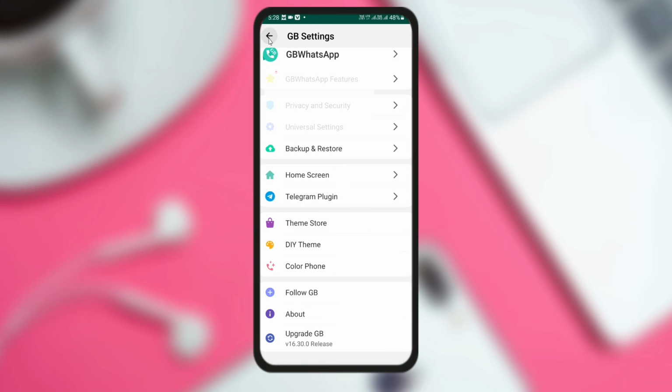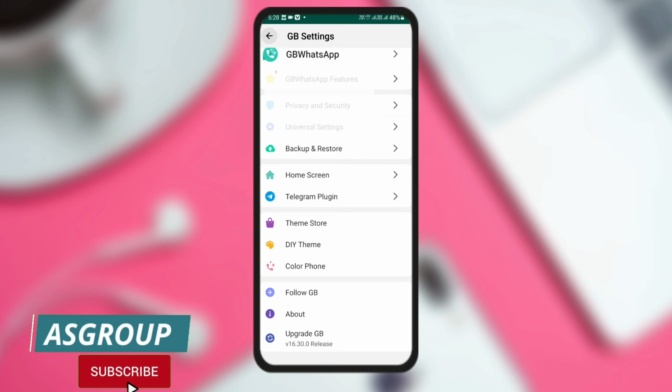These are all the same options because I have got the solution. Earlier, a lot of viewers were commenting that when they tried to send a message to anyone, it went through properly, but when they had not opened GB WhatsApp and someone sent them a message, they were not able to receive it. So finally the bug has been sorted out. Now if someone sends you a message, you receive it properly.